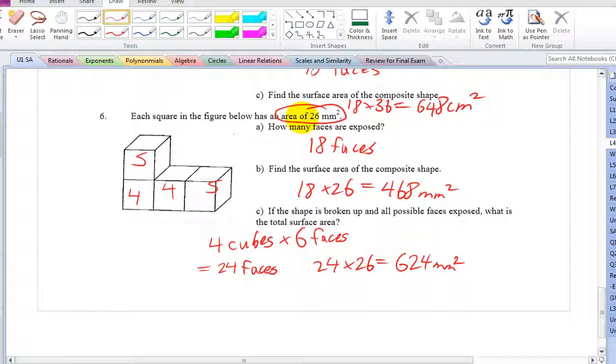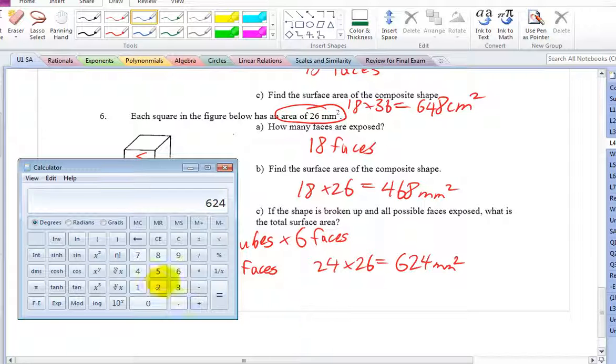Yep, me too. Pardon me? Oh, you'd square root it. Okay, so area equals s squared. So 26 equals s squared. And just like Pythagoras, you have to do the opposite of squaring to cancel out. So s equals square root 26. We'll talk more about that a little bit later, okay, working backwards. But then you can go to your calculator and go square root 26,